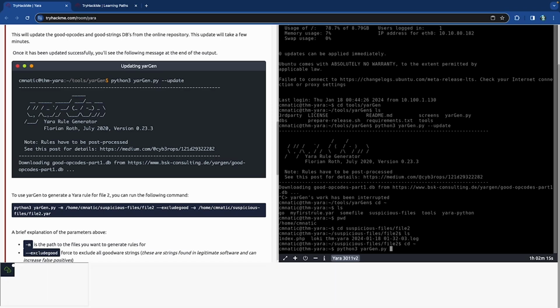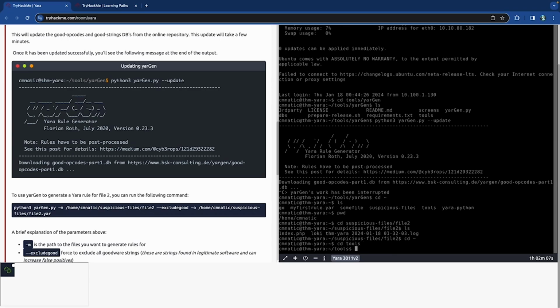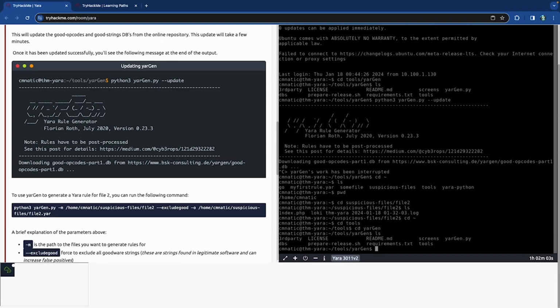I feel like it needs to be inside the actual... no, yeah, I do need to be inside tools, and I do need to be inside yargen, because that's where the Python file is. Okay, so great. So now we can do python3 yargen.py, and you're going to look for the file that is in cmnatic suspicious files, and file2 is the